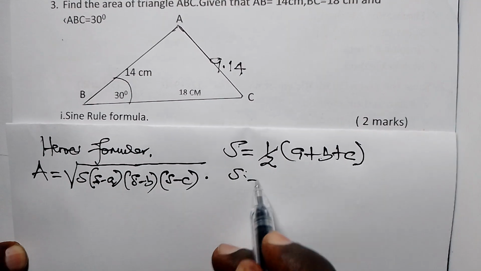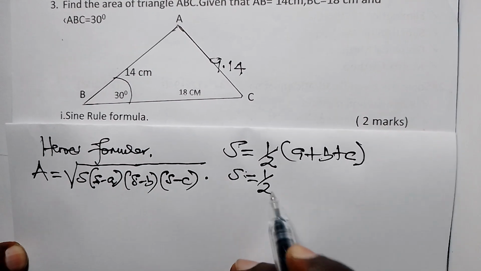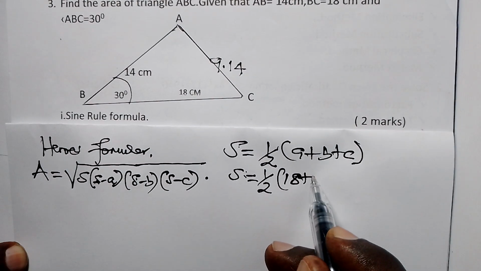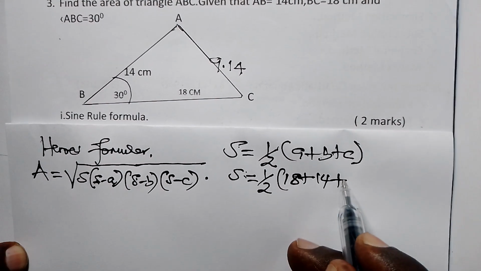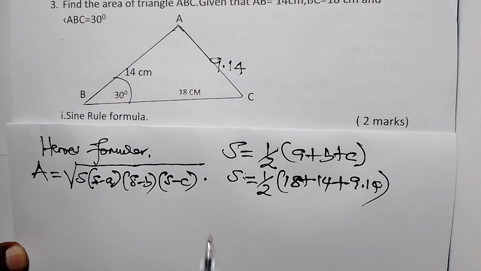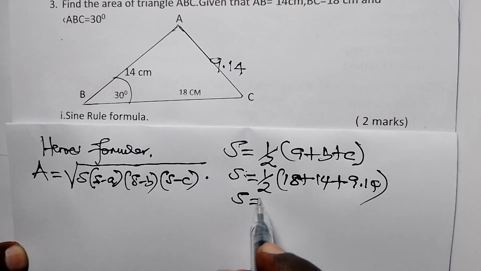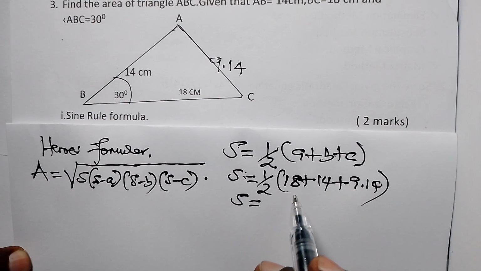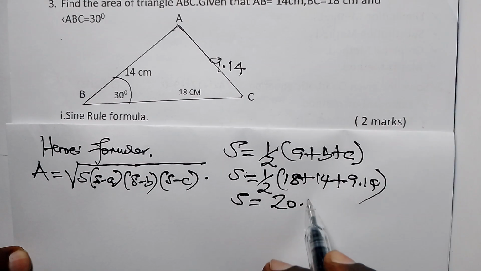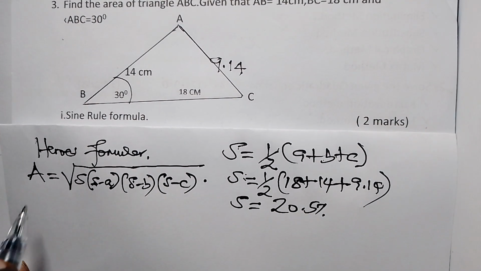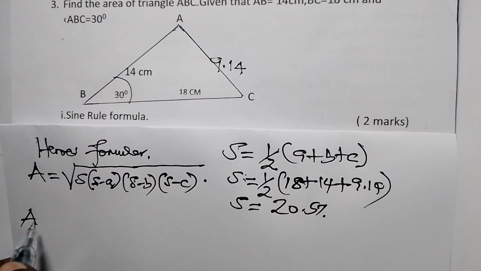So S in this case will be given by a half multiplied by 18 plus, into brackets, 14 plus 9.14, like that. Therefore, when you evaluate that, S will be equal to 20.57. So after getting S to be equal to 20.57, we come back to our formula and say now area is